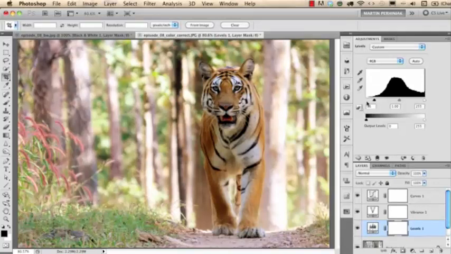So this is how you work with adjustment layers, but of course I will talk more about them later because I'm going to use them a lot in other examples. But for now, it's enough to know the basics of how to work with them. In the next tutorial, I will talk about color corrections. So if you want to learn more about things like white balance, which is what we did with the tiger and the Curves adjustment layer here in this